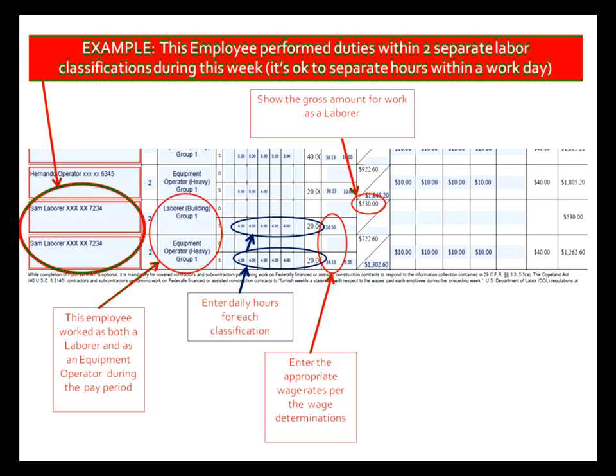Now, the way this is going to work is that we will stack each of his labor classifications on top of each other. So in this case, we have 2, but if he worked in 3 different classifications, we would put them all together so that our labor compliance people will be able to understand what we're doing in the next column. So in our next column, where we would normally place the gross amount for this project and the gross amount for an additional project, we are simply going to show the gross amount of work as a laborer in the top part. We will show the gross amount for work as an operator in the bottom portion,